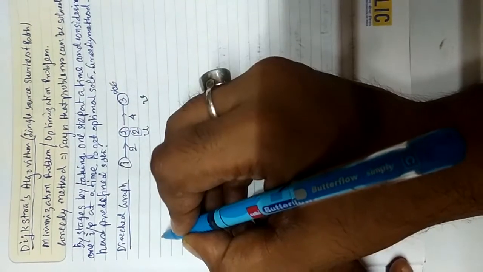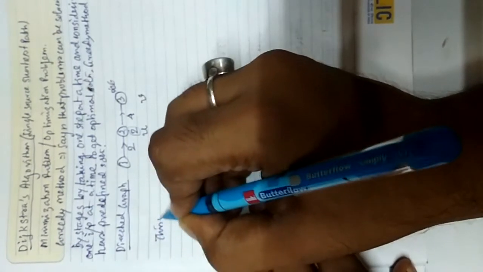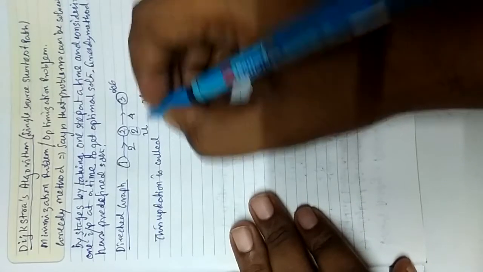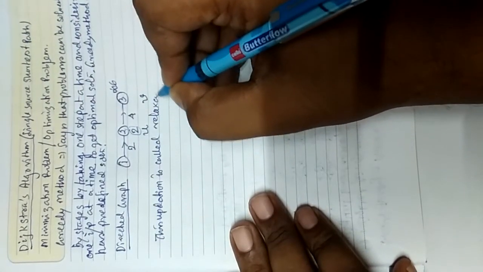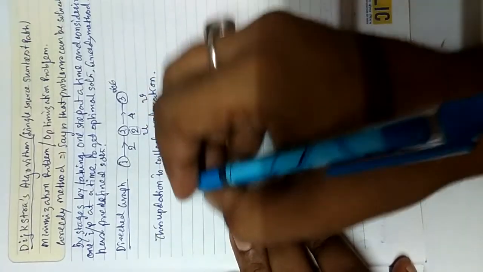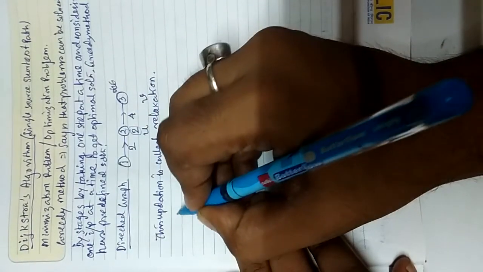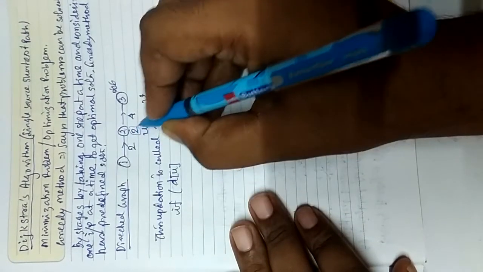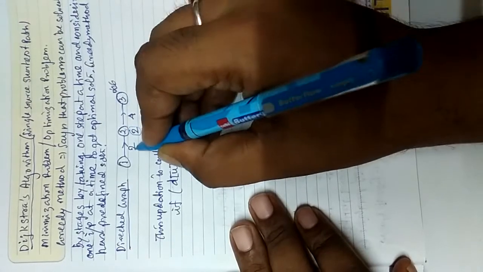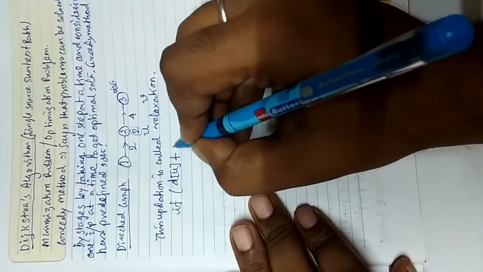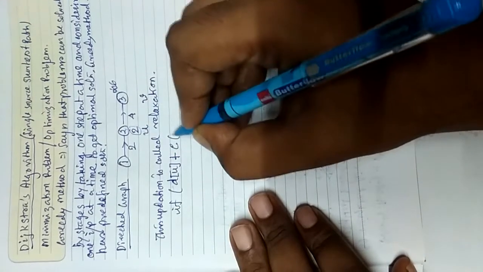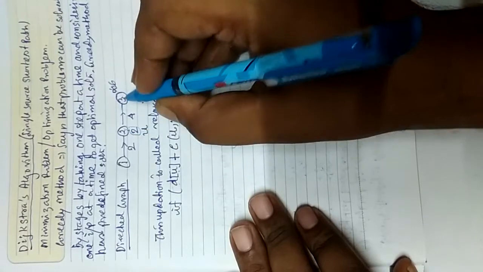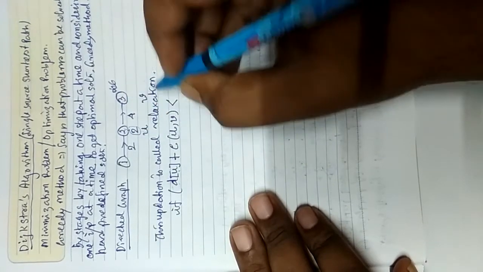So we can say that this updation is called relaxation. And what is the algorithm of relaxation? Let d denote distance. Let us consider this is u, so the distance of u is 2. If the distance of u plus the cost from u to v is less than the distance of v,